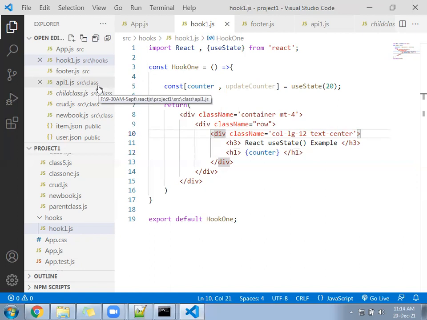Hope you are ready. What is the value? 20 should come in your browser directly.